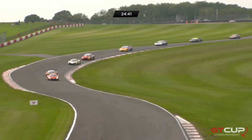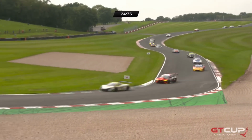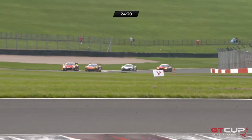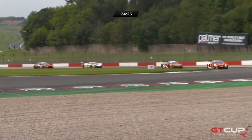Yeah, good start from Kakad on the front row. Darren Lung had a look around the outside of turn 1, couldn't quite get it done, but we're going single file down the Craner curves in Group GT3 and Group GTC. Group GT8 still very, very close as always. Indeed so, down through the old hairpin they have gone, up towards McLean's corner for the first time then, the